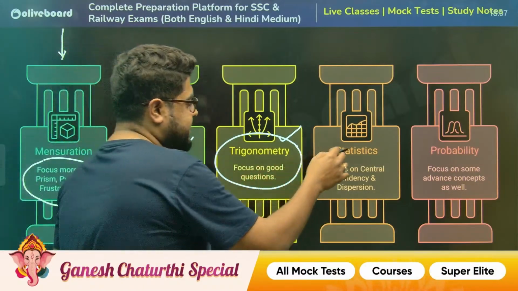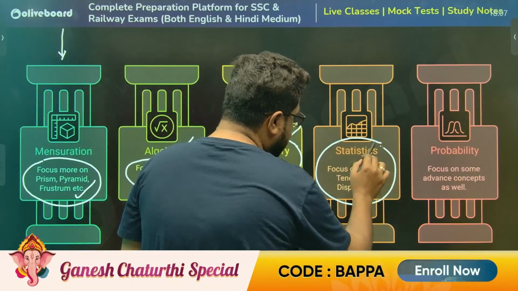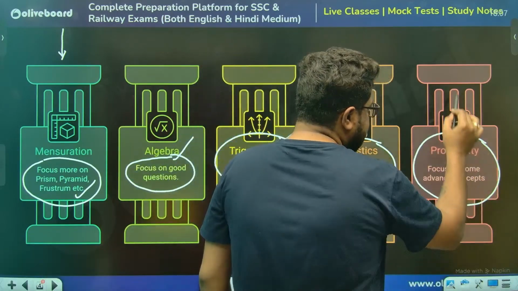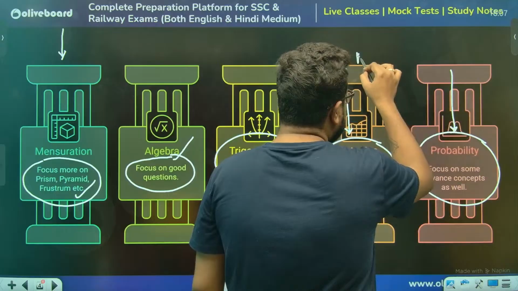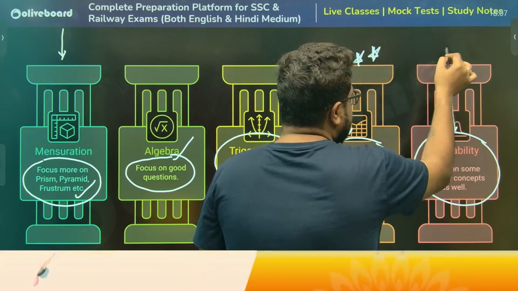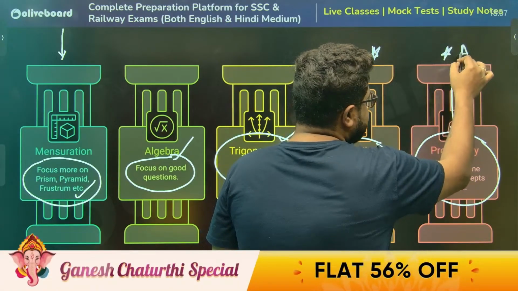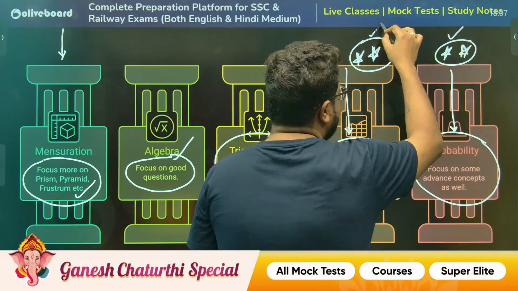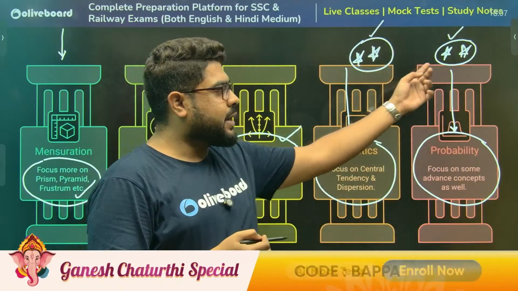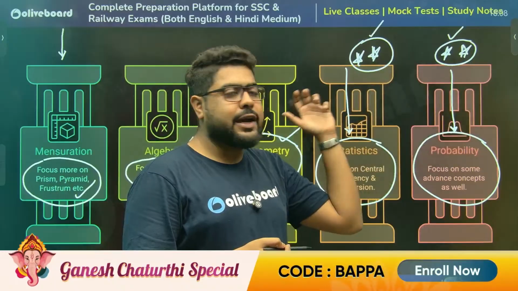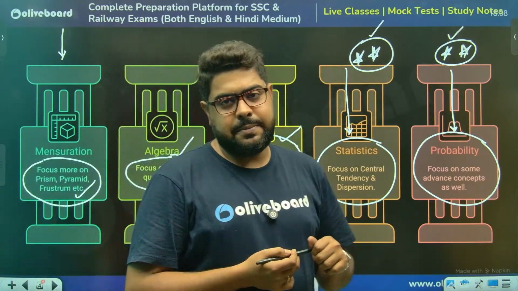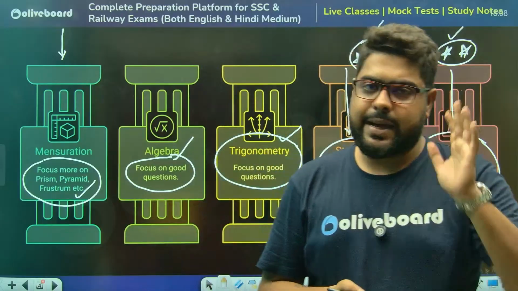Now, statistics, as we already know, as well as probability, these two have become some of the most important topics. That is the reason that in the past couple of weeks, I have taken two separate classes, one on statistics and another on probability. Last Tuesday, I took the class on statistics. So this is what has happened.